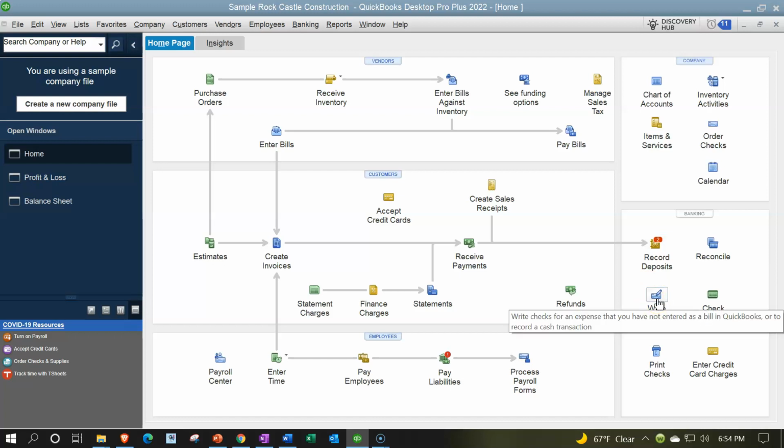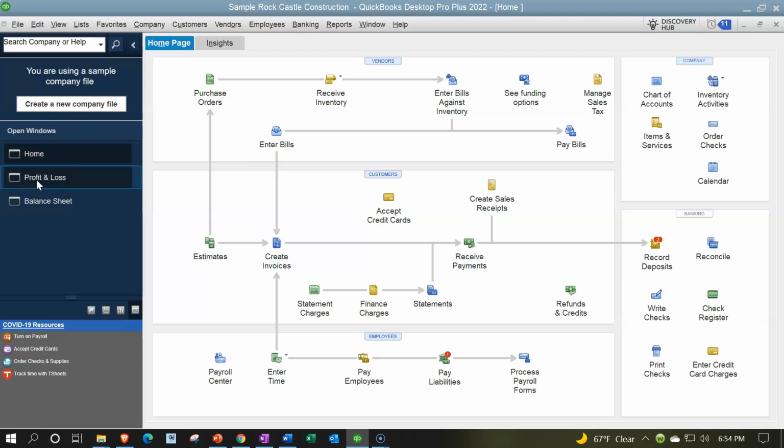The forms do not necessarily mean that we're going to be printing the forms and giving them to someone else. We could in some of them, however, they're going to be the tools that we use to make the data input as easy as possible, and they're going to be the things that drive the transactions to the